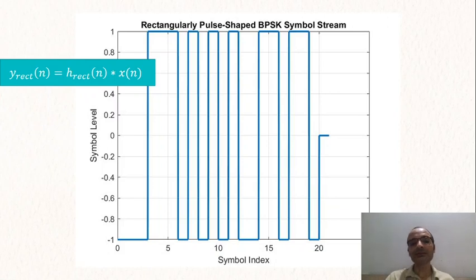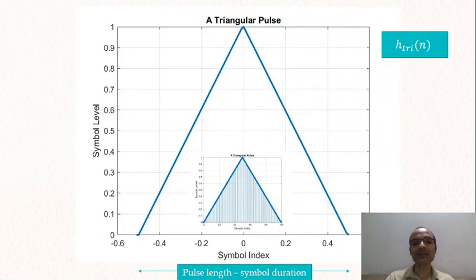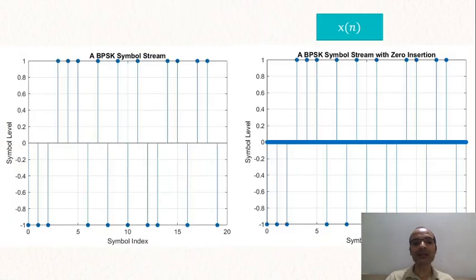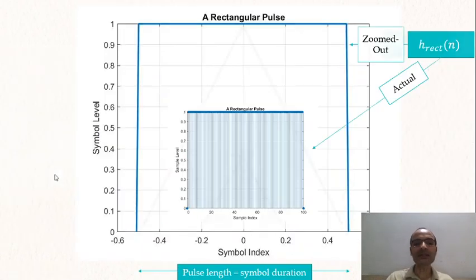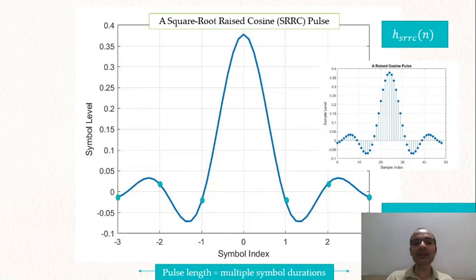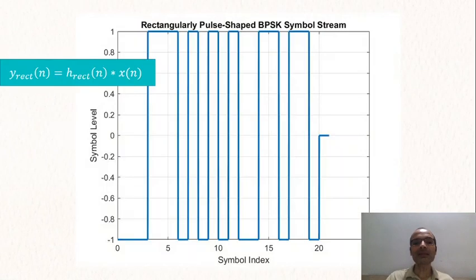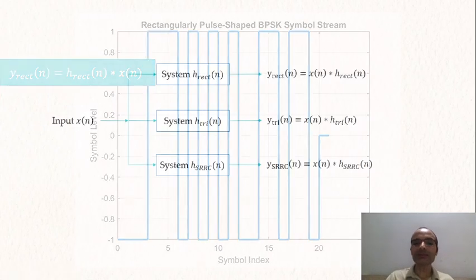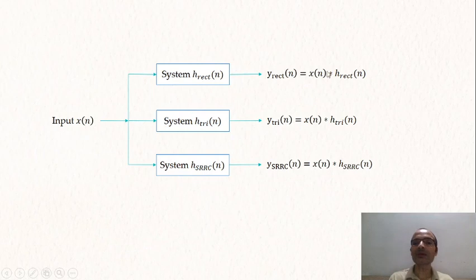Now, if you are having a hard time understanding how the minus ones and ones, the impulses of this chart, turned into this, see, each of these impulses has become a pulse of one symbol duration, and that is what is giving us this chart here. This is the output of the convolution operation, the very first output.